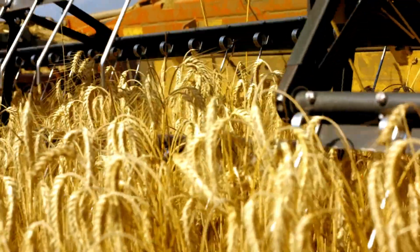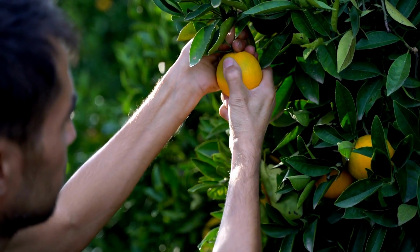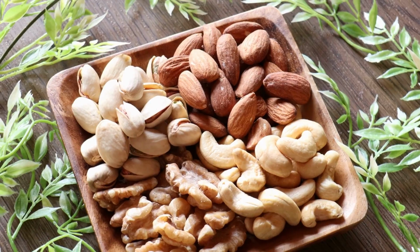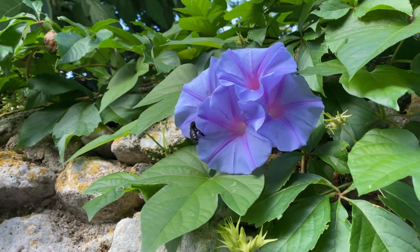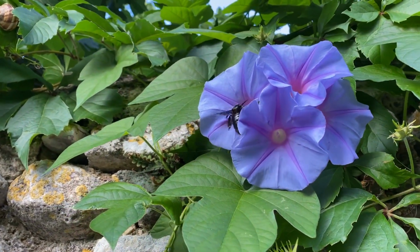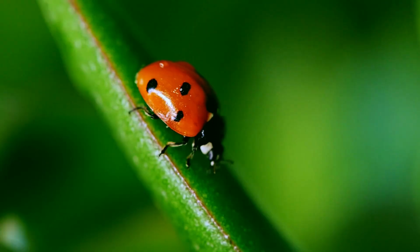It's estimated that pollinators are responsible for pollinating over 75% of the world's food crops, including fruits, vegetables, and nuts. By helping to pollinate a wide variety of plants, pollinators ensure that different species can reproduce and thrive. This in turn helps to support a diverse range of animals and insects that depend on these plants for food